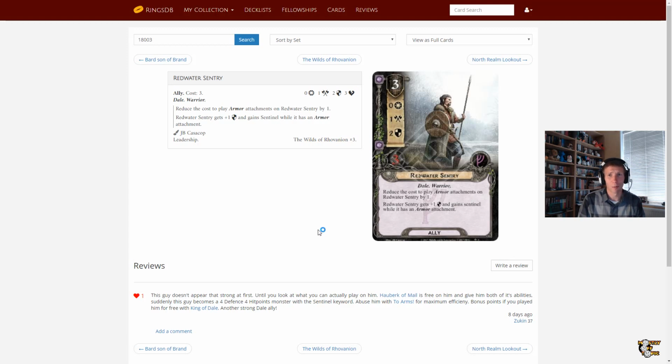It's a Dale warrior. It's got 3 resources, so quite expensive to bring in unless you've got that King of Dale attachment going. 1 attack, 2 defense, 3 hit points. But for every armor attachment you stick on this, its cost is reduced by 1, and the Red Water Sentry gets +1 defense and gains Sentinel whilst it has an